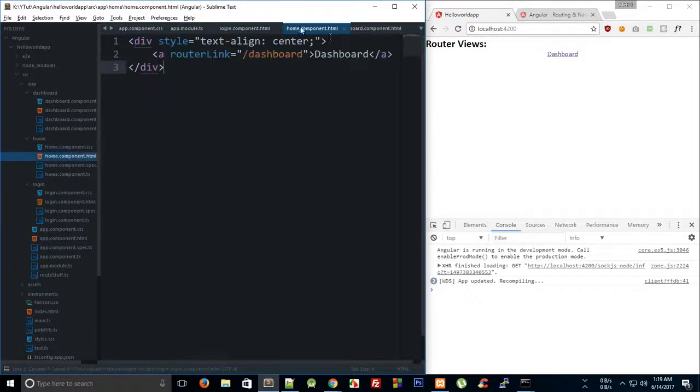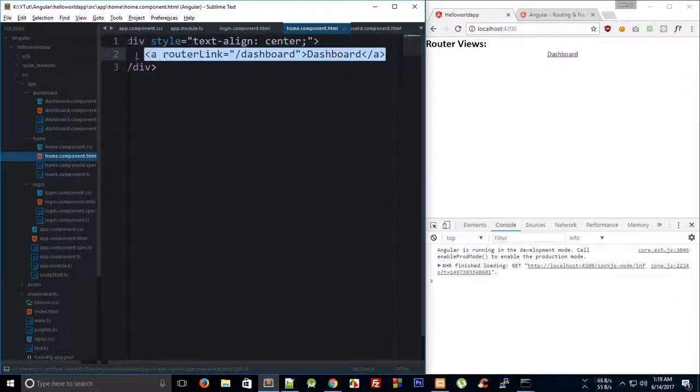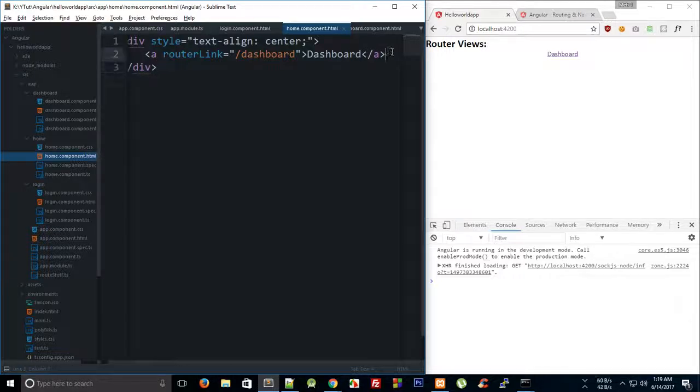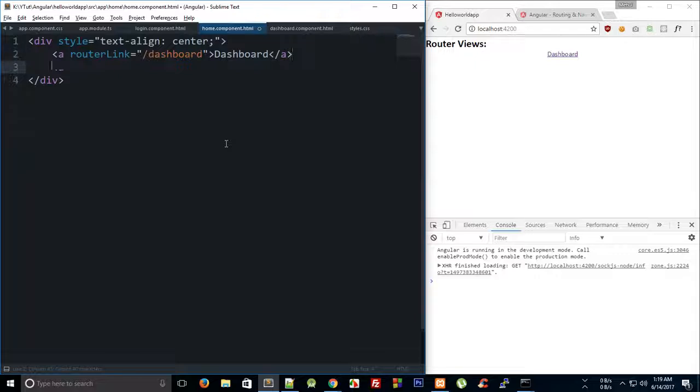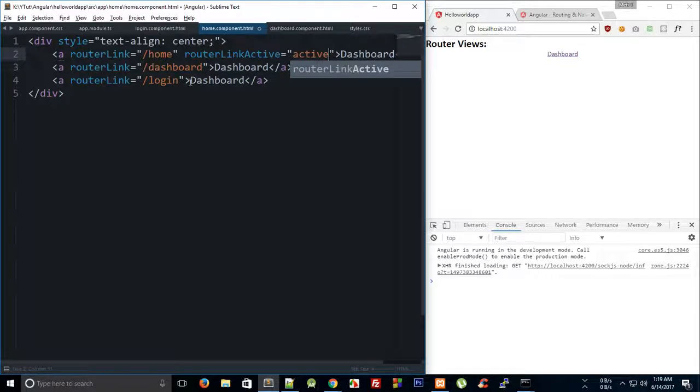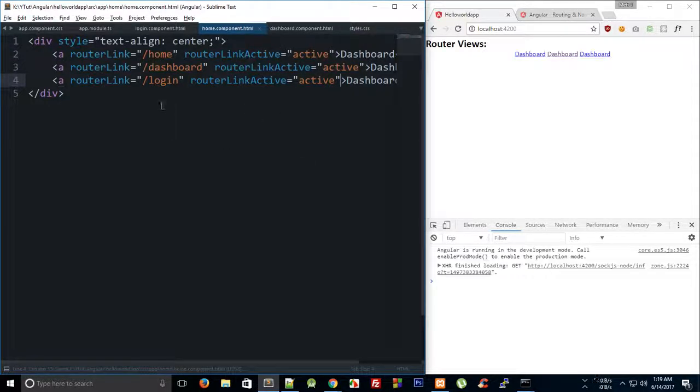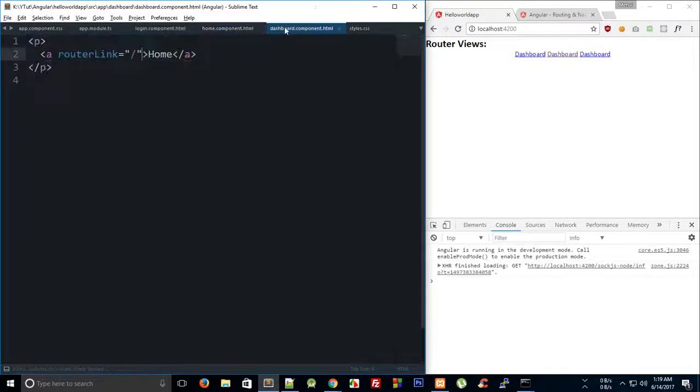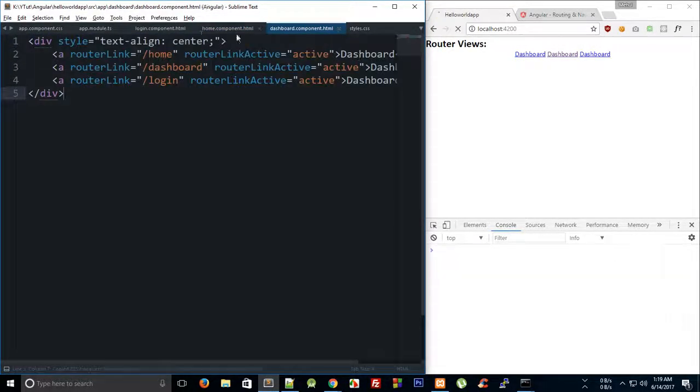So let's just place some links in all these three, and let's just go ahead and say this is home, dashboard, and login. And what we can include now is something like routerLinkActive, which gets a class name. So let's just give it active, right? And I'm just gonna go ahead and paste this again. And again, you can make use of square brackets with this if you have any dynamic sort of thing going on. And then finally, what we can do is go ahead and paste the same thing in dashboard component and